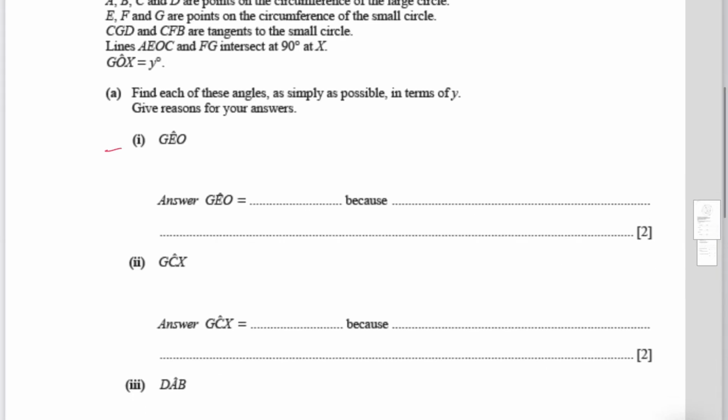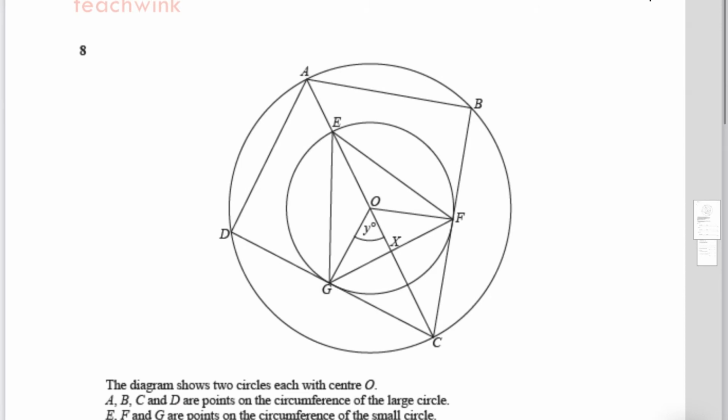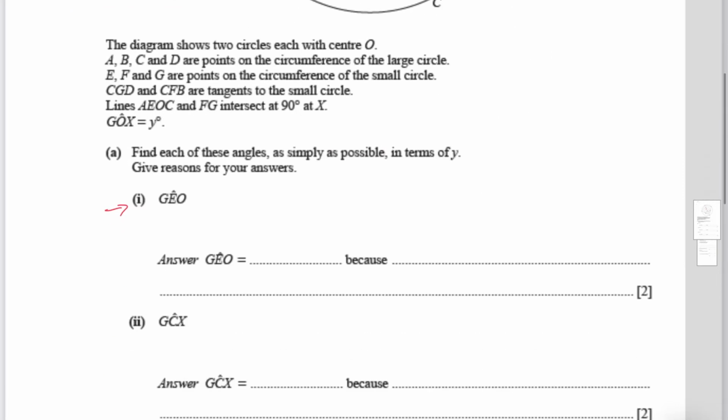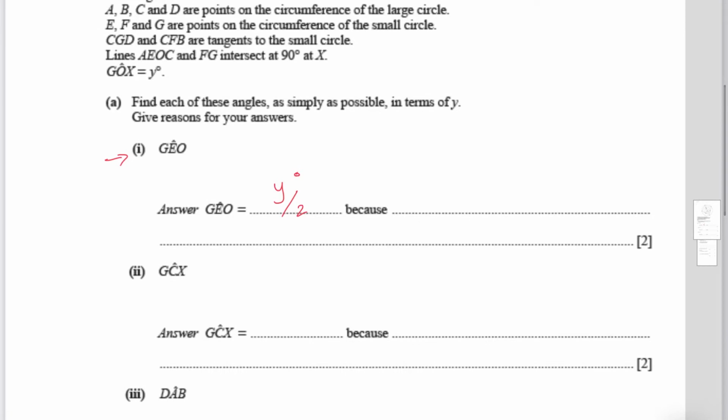So first they've asked us to find GEO. If you look at the shape, GEO is this angle right here. If this is Y degrees, then GEO would be half of that. Why is that? Because the angle at the center is always twice the angle at the circumference. So what do we write? We write Y divided by 2 and write a degree sign over there, and the description that we give is that angle at the center is twice the angle at the